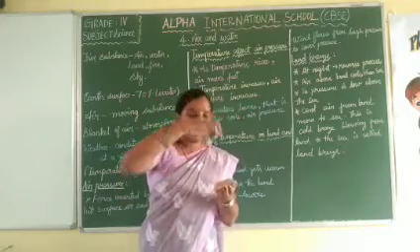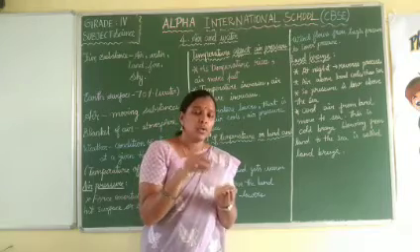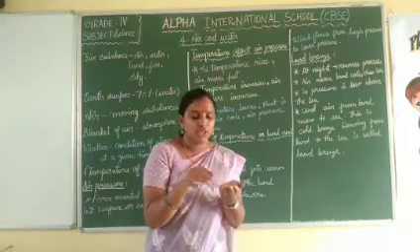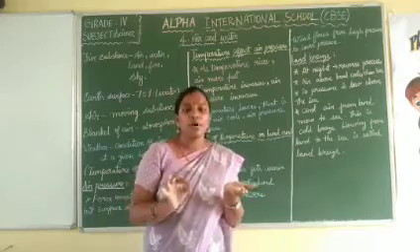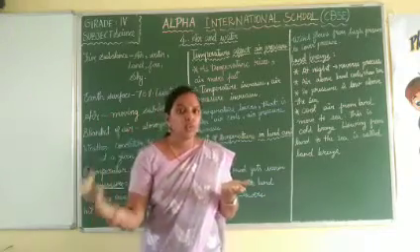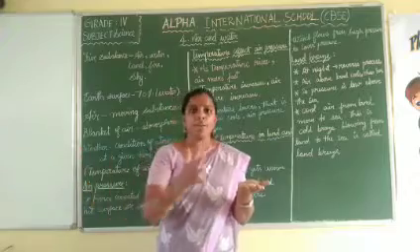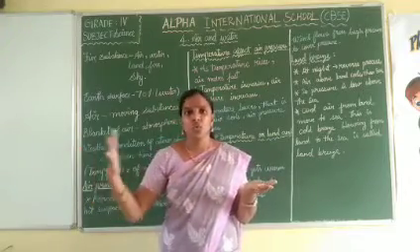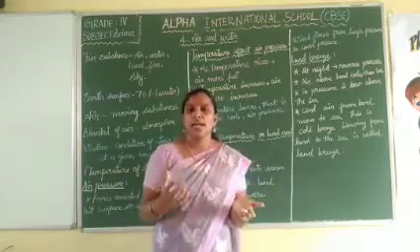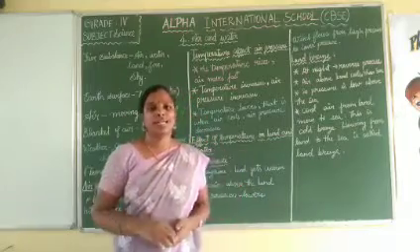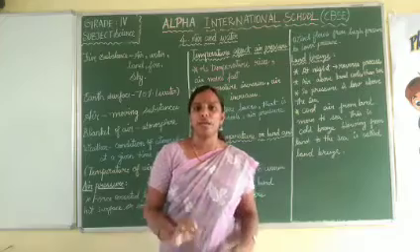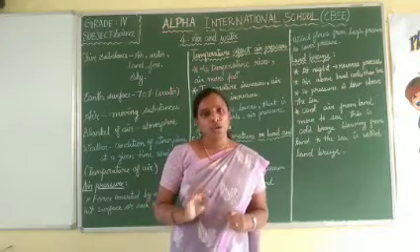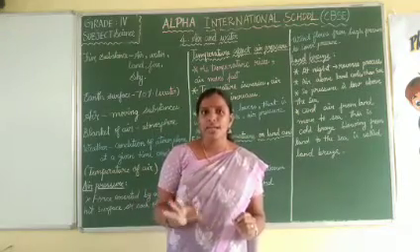Then the low pressure stays on the land itself. At that time, the sea, which is cool, gives a cool breeze that comes to the land. That process is called a sea breeze. The breeze given by the sea to the land is called a sea breeze. Okay children, till now can you understand?